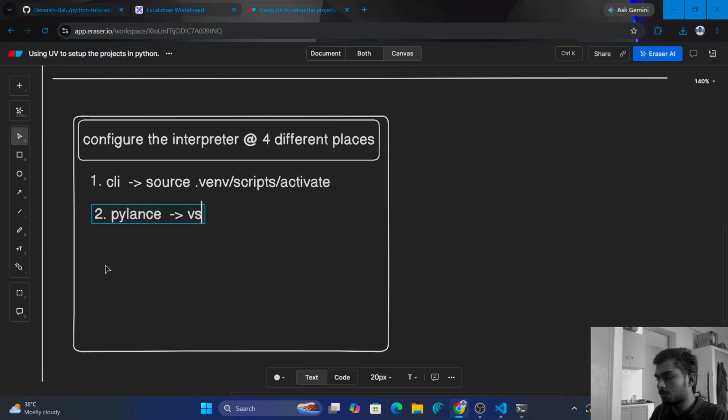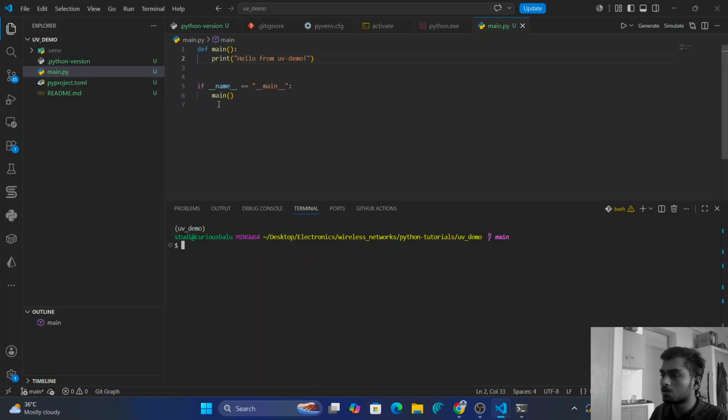This is for VS Code. And like this we set it for VS Code's Pylance. So you see that, let's say